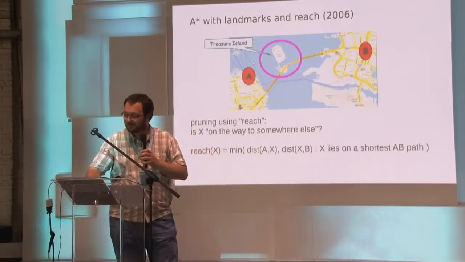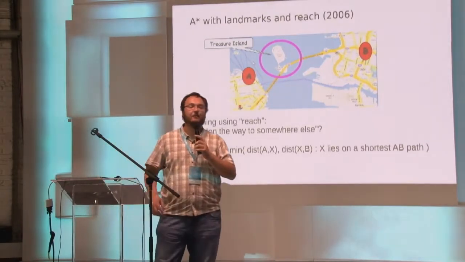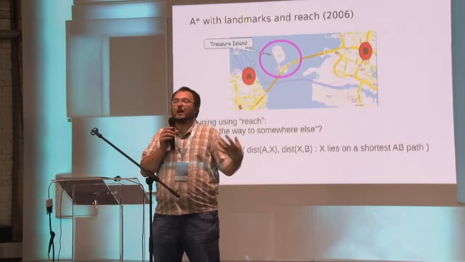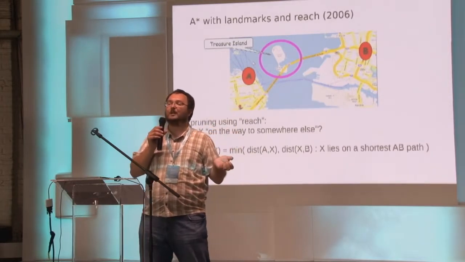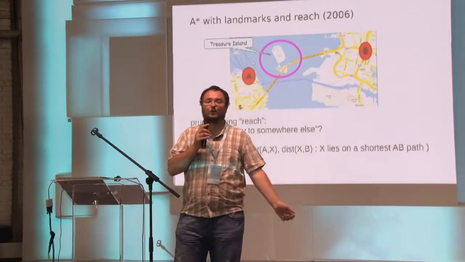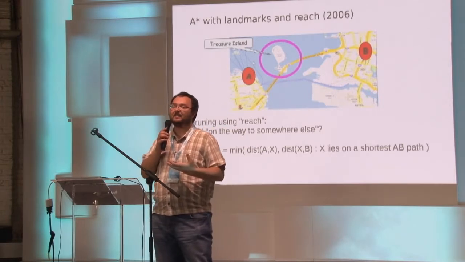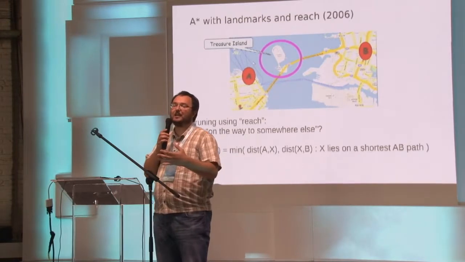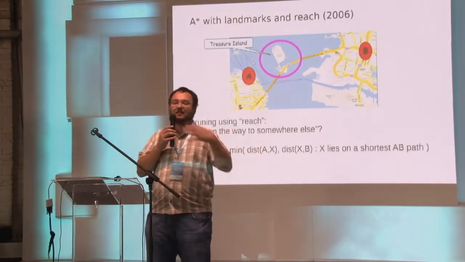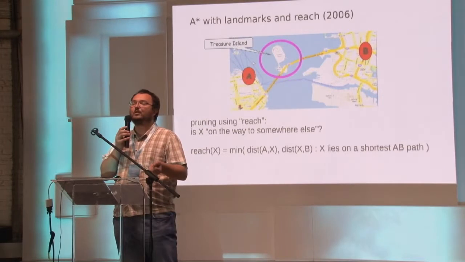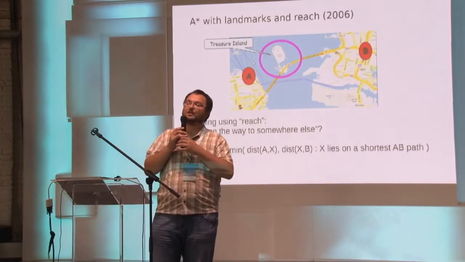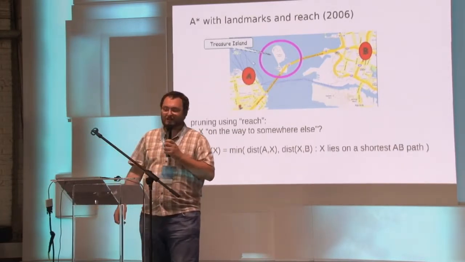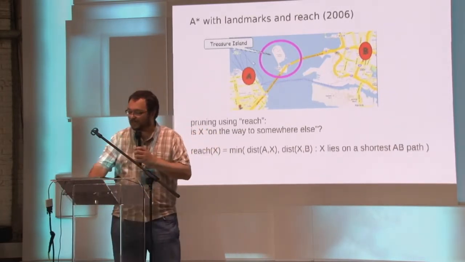Since then, we have again seen several additional improvements, because the research doesn't stop here, even though the problem is somehow solved, because the problem isn't actually solved. What we have today is, for instance, real-time traffic information. The real-time traffic information changes, and suddenly it means you cannot really pre-compute so much stuff, because many of the inputs of your program are changed. So we are still looking for better solutions to do this.